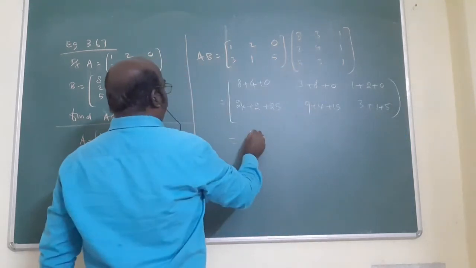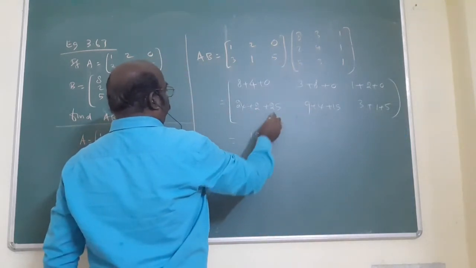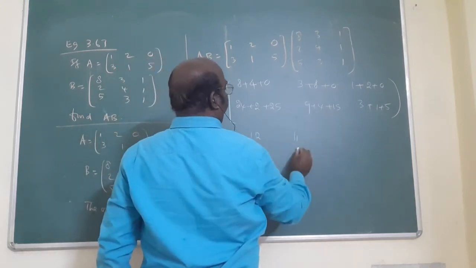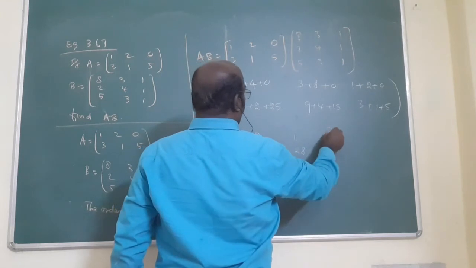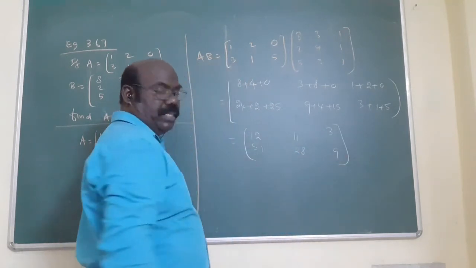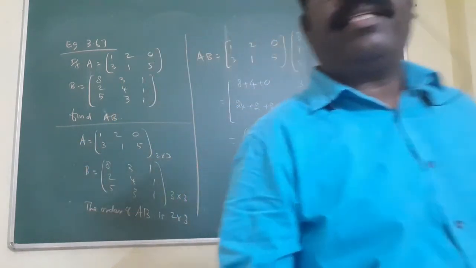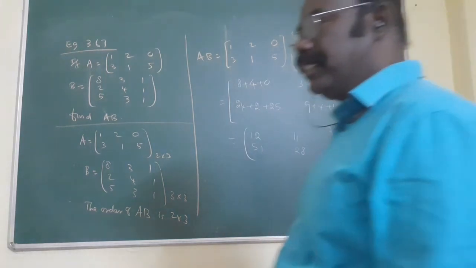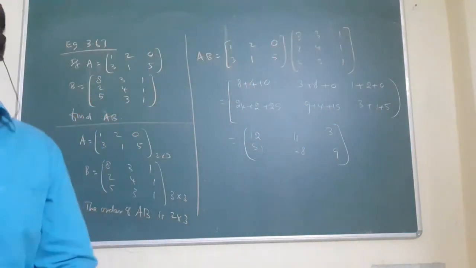Now, the answer matrix entries are 51, 11, 28, 3, 9. The same question, suppose BA is asked: the product BA is not possible. They are not asking, but 12, 11, 3, 51, 29 is the answer. This is an important concept for you. Multiplication, this is the idea. That's all.